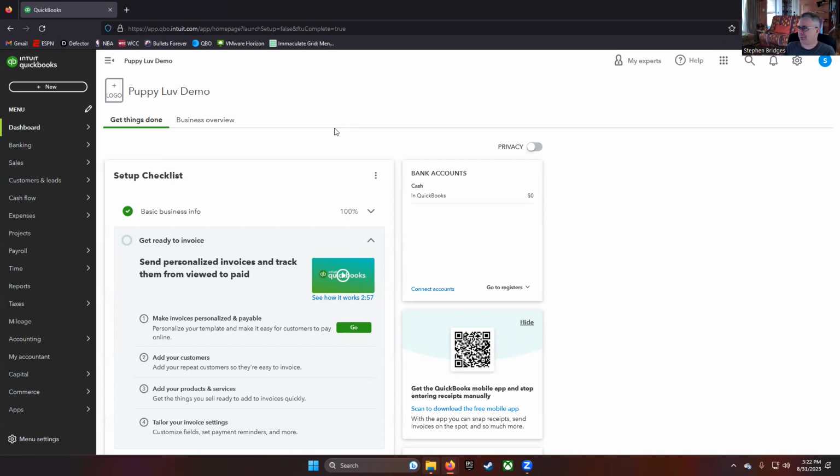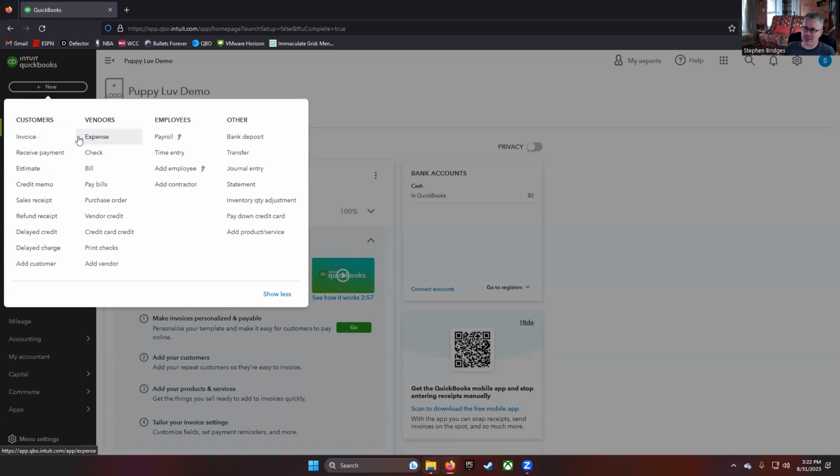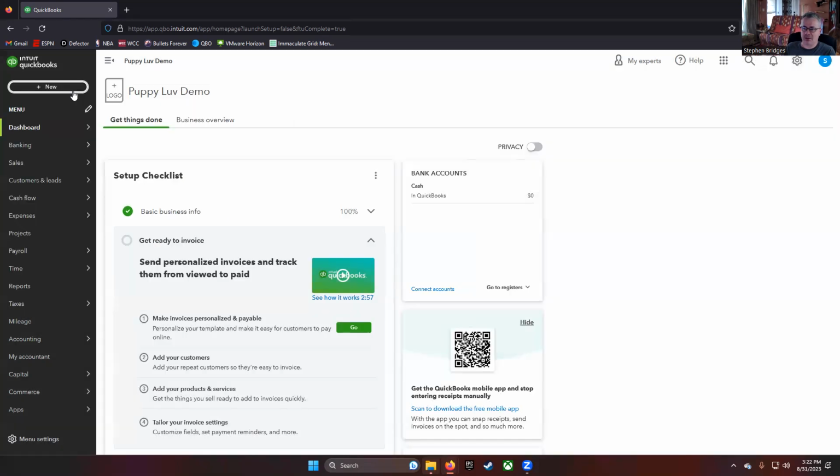A couple of places you can generally find things. Here's the gear. We're going to use this here for our account setup. But also, anytime I mention the words plus new, that's what this is. It's where you can do new invoices, new expenses, bank deposits, that sort of thing. Sort of like the main work of the business will be done in here,